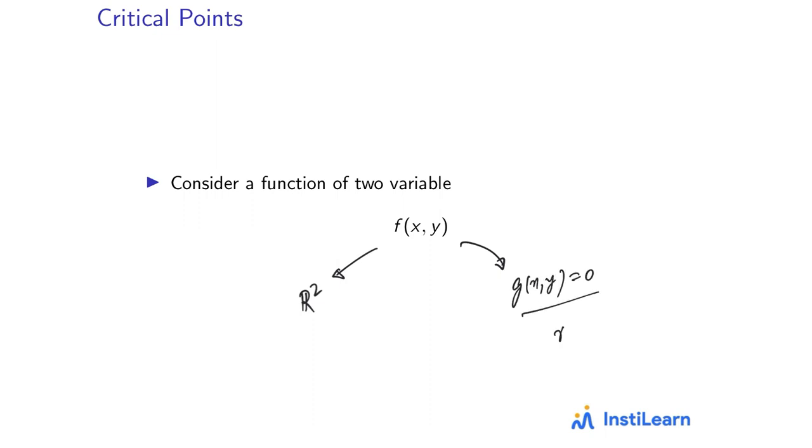So this condition can be in the form x square plus y square is equal to 3, and then we convert it into something like x square plus y square minus 3 is equal to 0. So something like that. Okay. In this video we are going to cover the first type, and in the next video we are going to cover how to solve the question of second type.